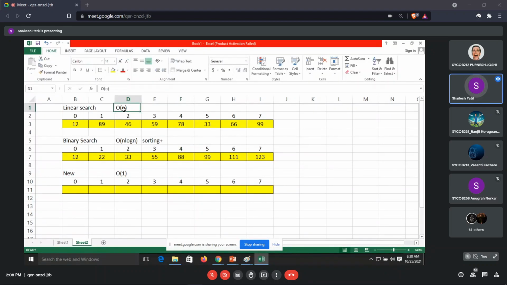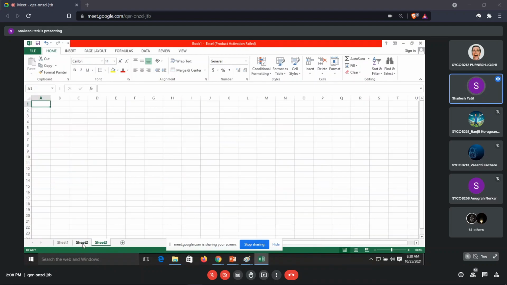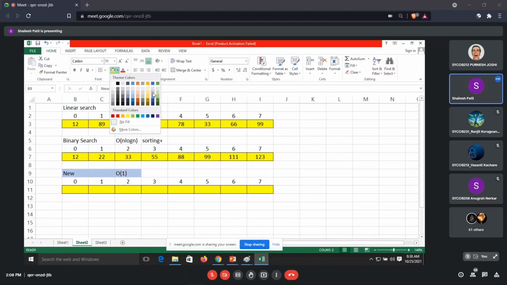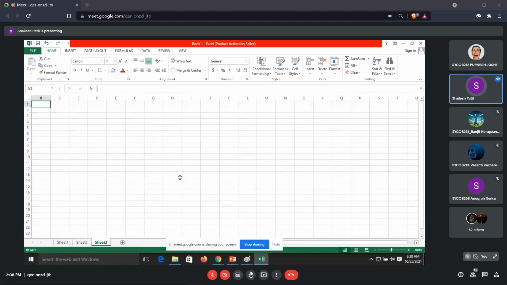In linear search we're going for O of n, and in binary search we are going with O of log n. But we need a requirement where searching will be efficient, having only one time complexity, O of 1. Suppose we need it, so I will take another picture. Is this clear for what purpose we are looking? What is our intention to do hashing? This is the main thing we have to achieve, the O of 1.